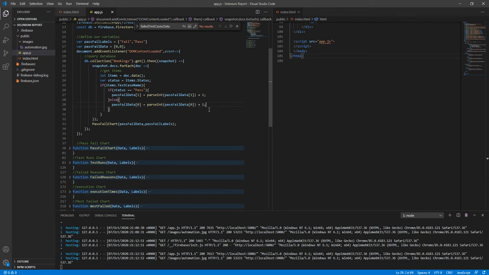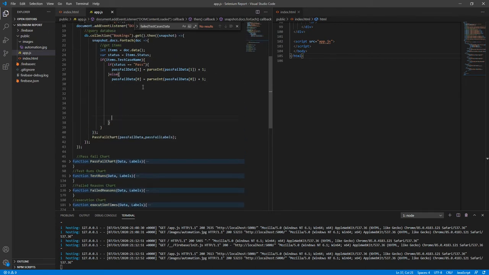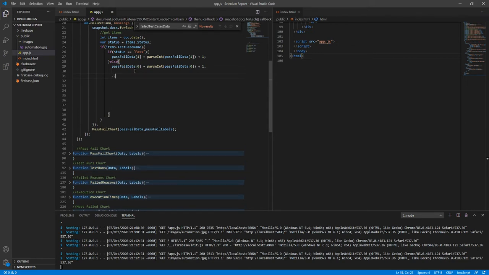So for now, I'm gonna start with this because I have these two. These are referring to failed information. So here, this section is about failed test cases. So let me tackle these ones and then I'll see the rest. So let me go ahead and say failed reasons